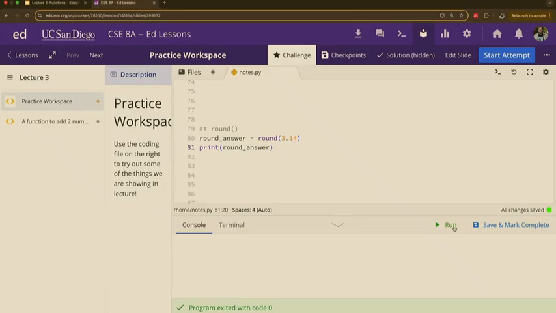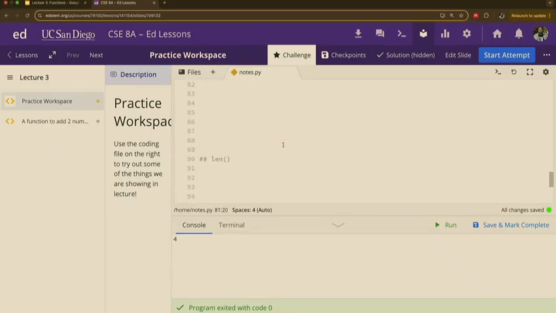Rounding in math is you look at the decimal place to the right and see if that 3 is going to stay as a 3 or go into a 4. We'll get 3 because we're rounding to the 3. If we call this 3.64, we run it, and we get 4. So Python knows how to round, and I do it with this function called round.